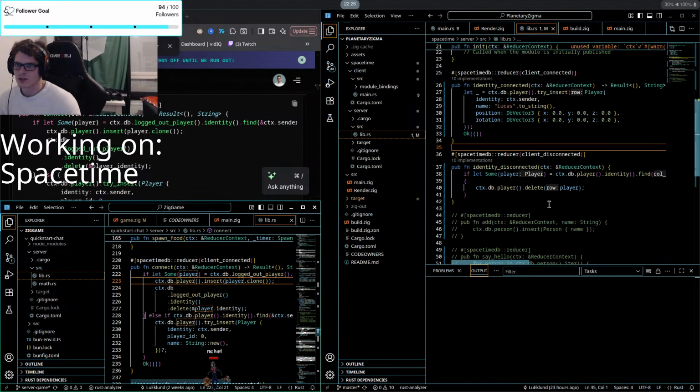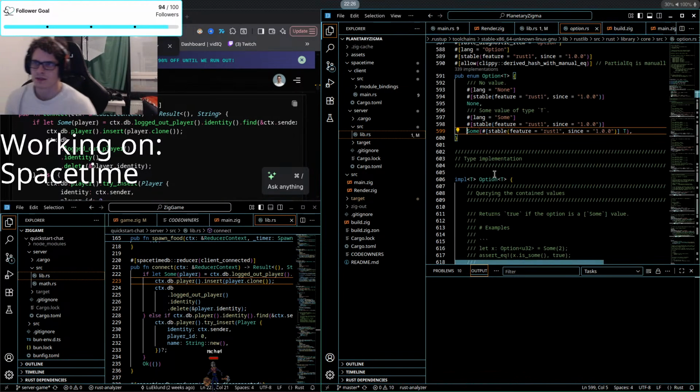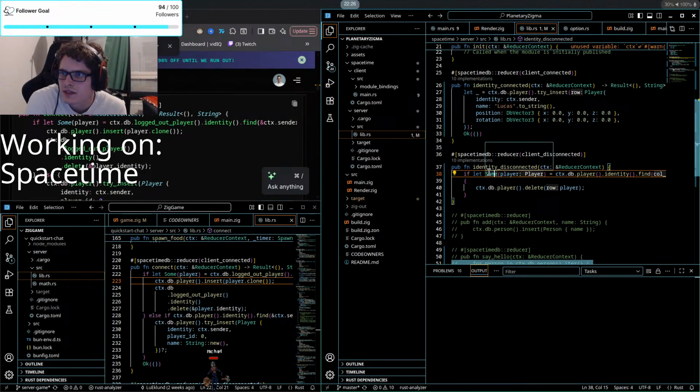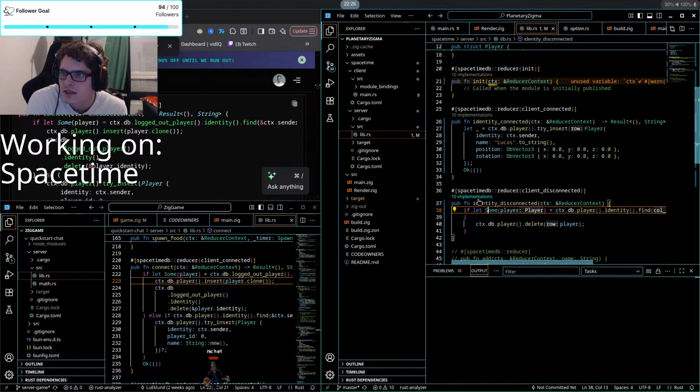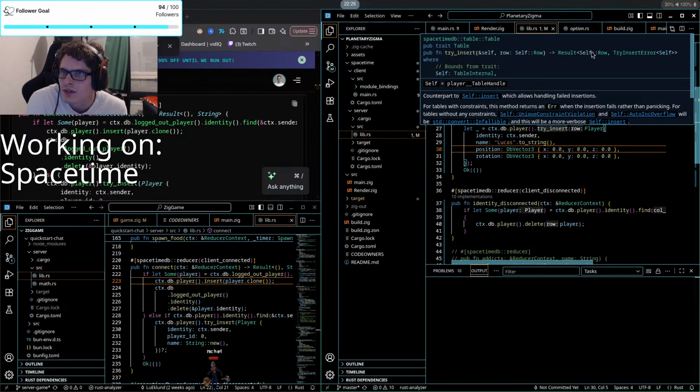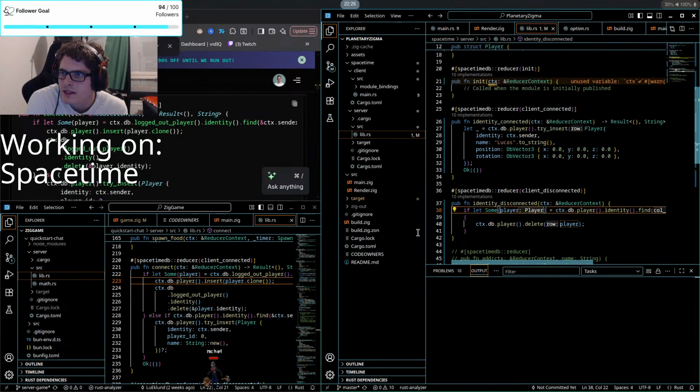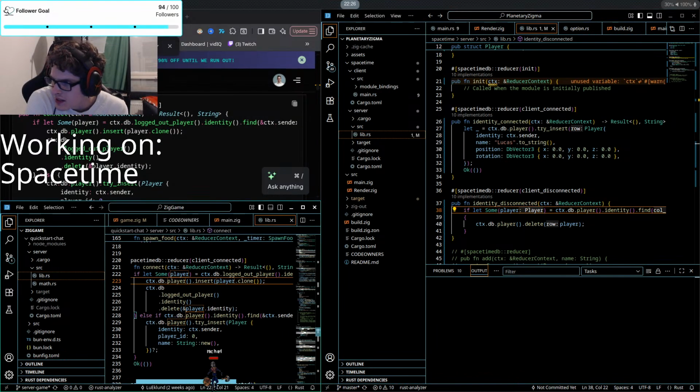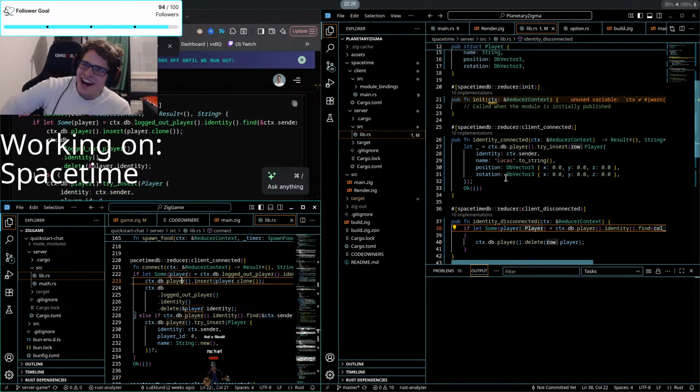What does let Some even mean still? I'm very confused about this Some. Option. Some is just optional, I think. So does this one return? What does this one return? Self row. Okay, well I'm not too concerned about that, but it's so weird that here I could do it without that issue, but it's okay. I don't know. I really don't care.